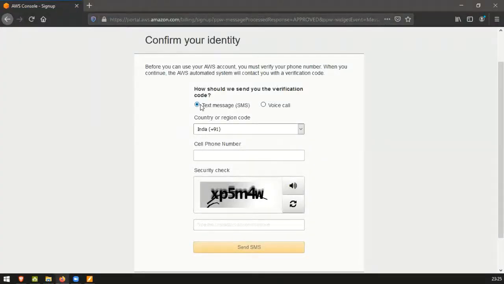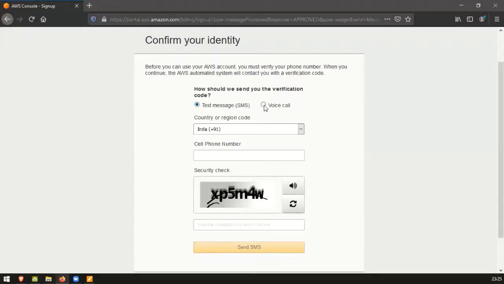In the next page, we have to confirm our identity. If you want to use an AWS account, Amazon needs to identify you by your phone number. They have to verify you by your phone number. There are two methods they can verify, either by text message or by a voice call. It's completely up to you which option you choose.